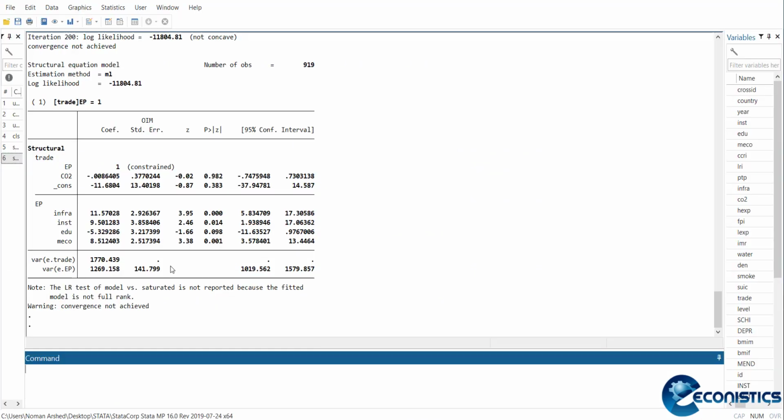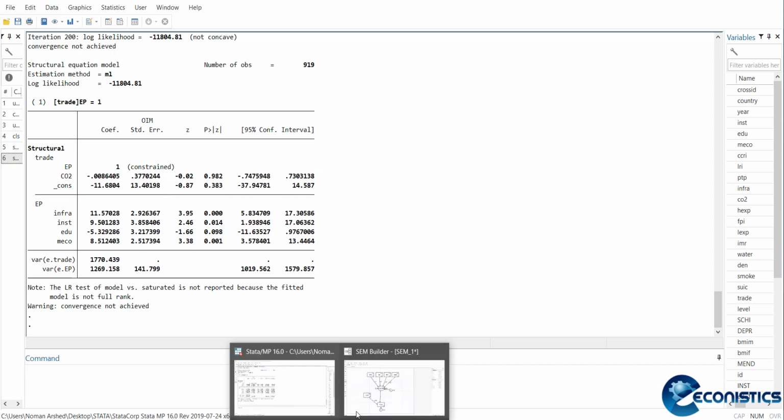But if you see in the table, some of the values are not shown here because convergence has not been achieved. But you can see there are two equations. Here the economic progress is used as a benchmark of 1, and you can compare the other variable. It is showing that if EP has a factor of 1%, then CO2 is negative, so it's not increasing trade. All other variables are there and they are actually significant. So the issue in this model is that if you add a latent variable, then you should add many non-latent variables so that the model converges.